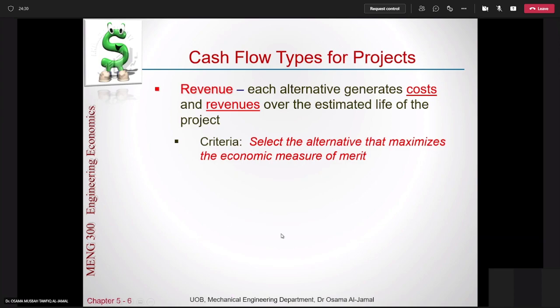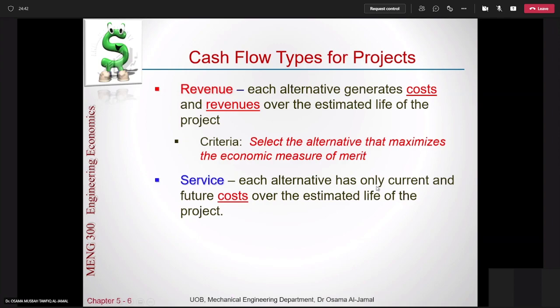Other types of projects, like what we have in the bridges, roads, so many things that we have just for services. Each alternative has only current and future costs. Some of them have little revenue, but that revenue will not be considered. Why? Because the cost is much higher than the revenues. That's why most of the services, 99% of the services, even if there is a revenue,